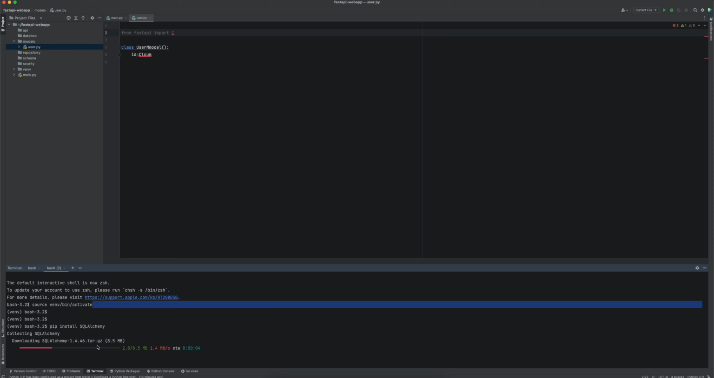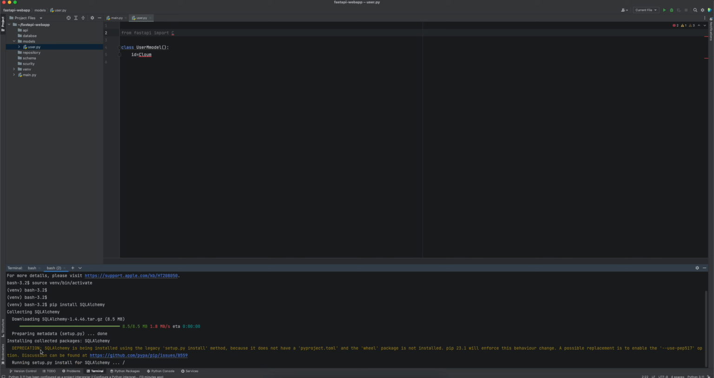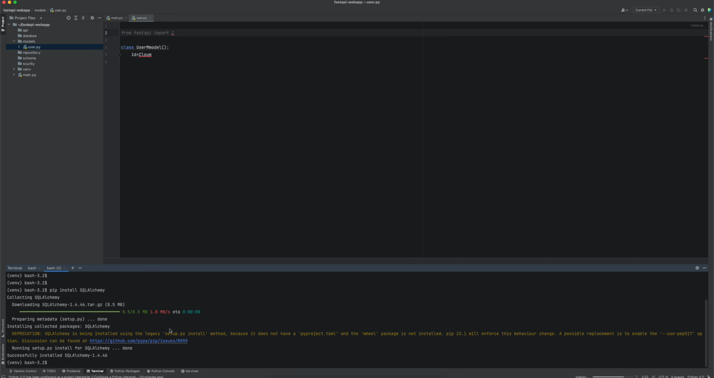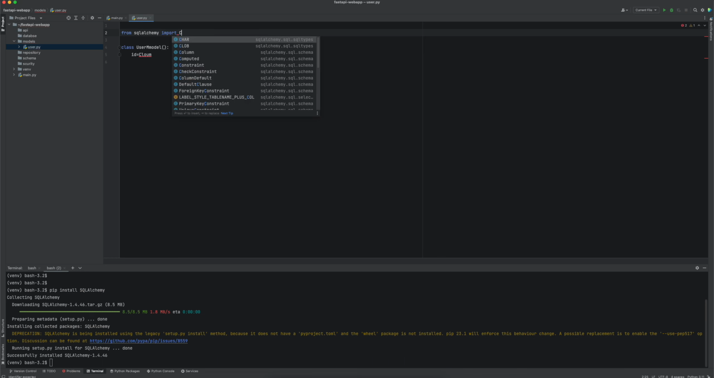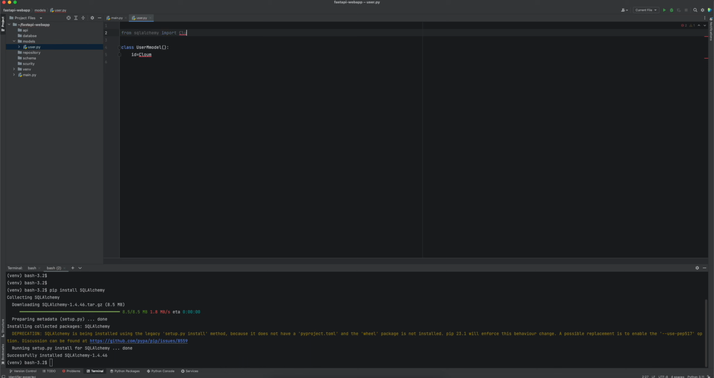Now as you can see, we install it here for us. Looks great. And we have used setup.py. Okay, alles klar. Great. Now from here, from SQLAlchemy, import. What we need to import is Column this time, and